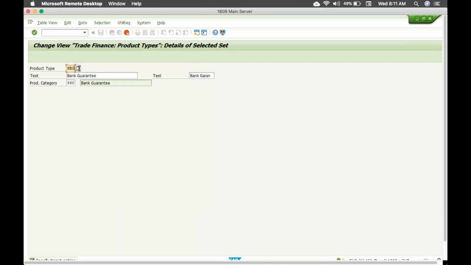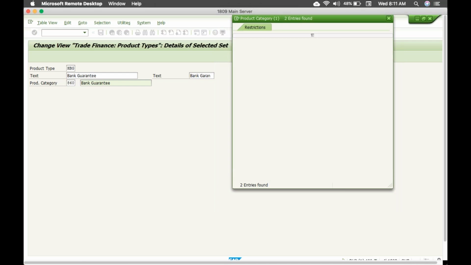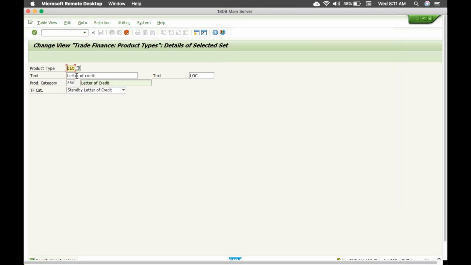HBG, bank guarantee. Product categories of two types. One is bank guarantee and letter of credit. So it has taken that bank guarantee. Click enter. So when you are talking about bank guarantee, this point is not there. That means transfer of trade finance category is not there. Because bank guarantee is always one, so which directly the clearing bank account will come into the picture. But when you are raising the letter of credit,